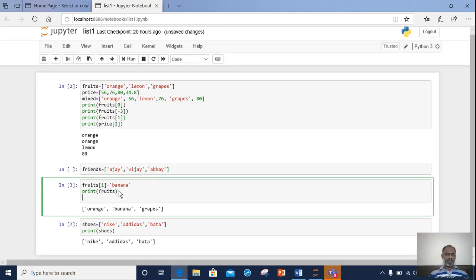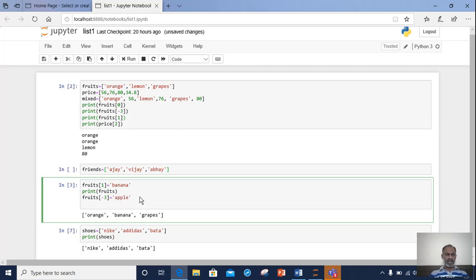Suppose I want to use reverse indexing here. So I write fruits, which index? -3 is equal to, the new value is apple. Fine. Now to see it, I will print fruits again.